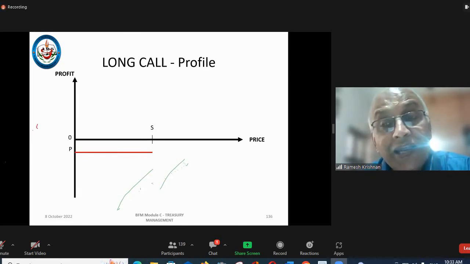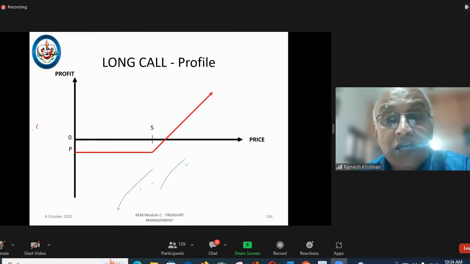So what is the P&L impact for the customer? He ends up paying the 2 rupees premium. 85 less 2 rupees, 83 he got. So the 2 rupee premium is the option premium the customer has paid till the point where the strike price 85 is reached. Now beyond 85, what happens? Customer is happy because I will let the option expire and I will sell it in the market at 90, 91 like that. So my profit starts increasing. 90 minus 85 is my profit, or 95 minus 85 is my profit, depending on the price movement beyond 85. So when the option is not exercised,